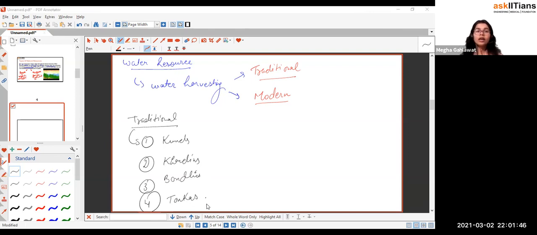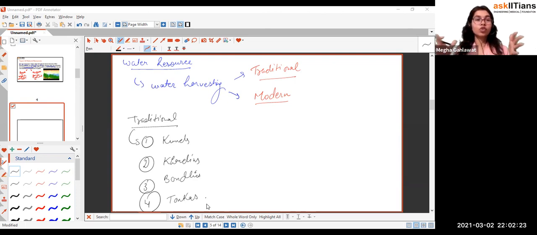Now, see, kunds basically are the kind of systems which are found in the desert regions most of all, okay? And it is sort of an underground tank. Kund is basically an underground tank, and even if a little rainfall is there, the kund is opened, and the rainwater falls inside it, and then it is covered properly with a lid, and the lid is very heavy. It is usually made up of cement nowadays. Earlier it was made up of